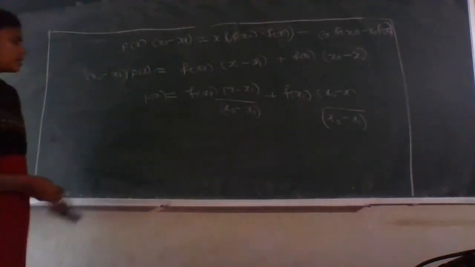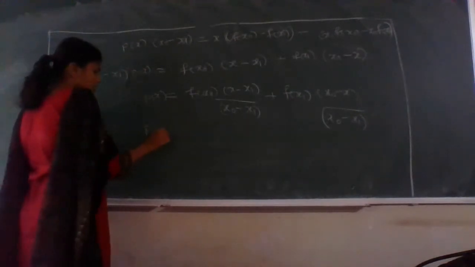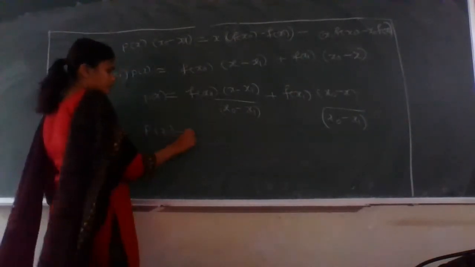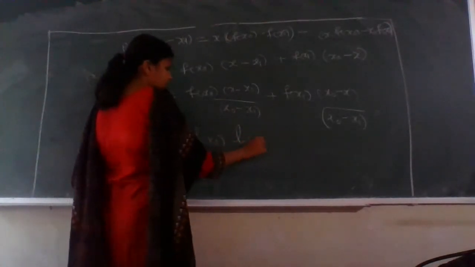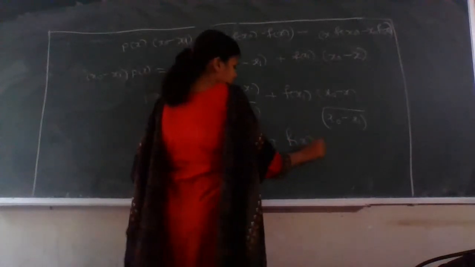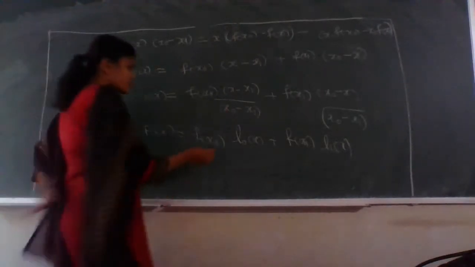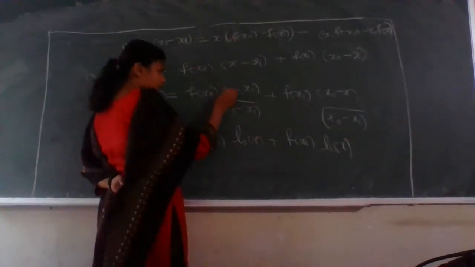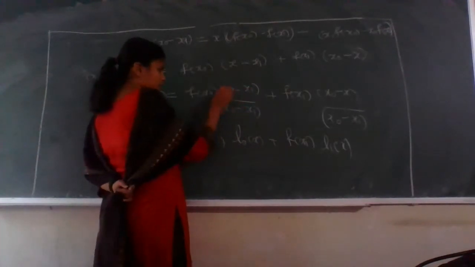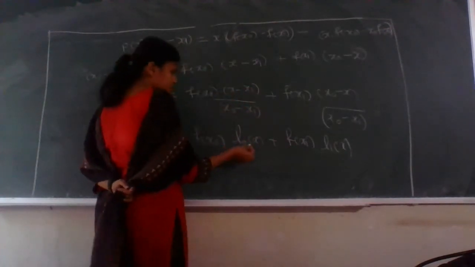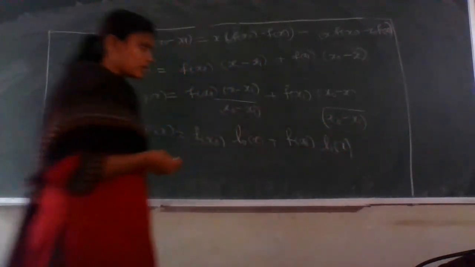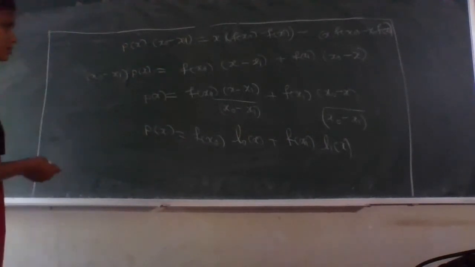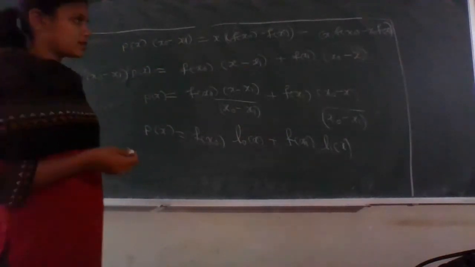Correct? So now we have got the polynomial p of x, which is a polynomial in terms of x. F of x naught is here, so let me rename this as L naught of x, plus f of x1 and this is L1 of x. Now one may have a question why we have written L naught corresponding to x naught. If you see here, this is x minus x1 and in the denominator instead of x we are writing x naught, so let me write down this as L naught of x, and here instead of having x naught minus x, wait, x minus x naught.